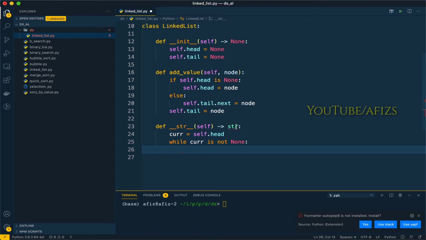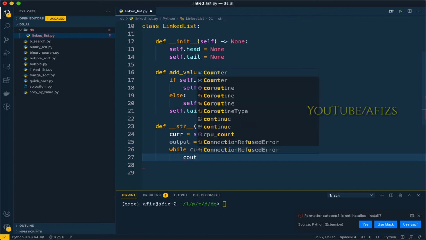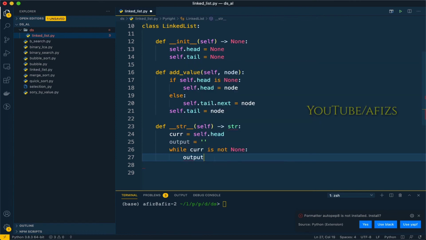What we will print, instead of printing, let's take output here. Output plus the current dot data, and I will convert that into a string.